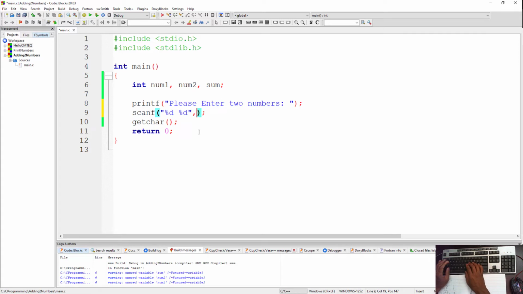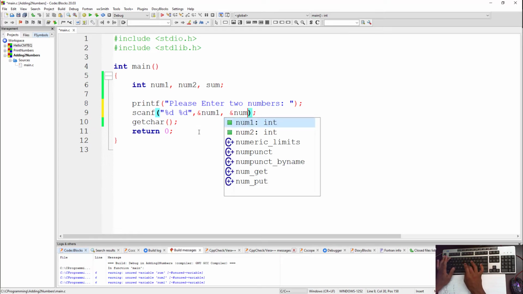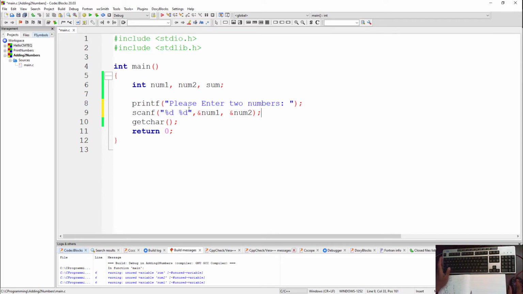Okay, and now we need to reference the variables where the numbers are going to be stored. So we reference them with the &, and then we say &num1, okay, comma, &num2. So what this statement means is the two numbers that the user is going to enter are going to be stored into num1 and num2. Okay, now that you know that variables num1 and num2 are holding the two numbers that the user is expected to enter, the next thing to do is to handle your operation, your calculations. So here you're going to say calculation,